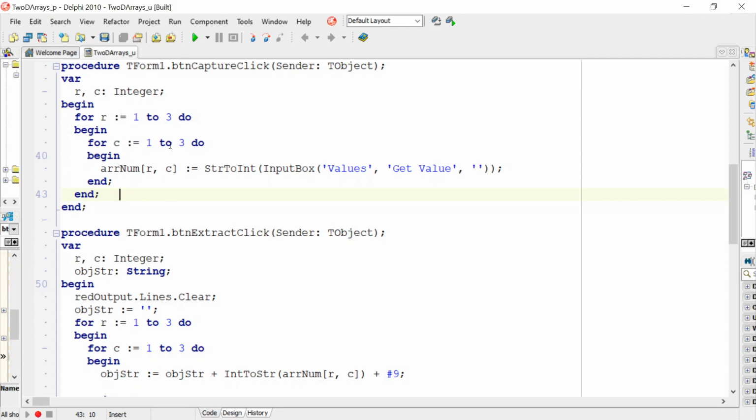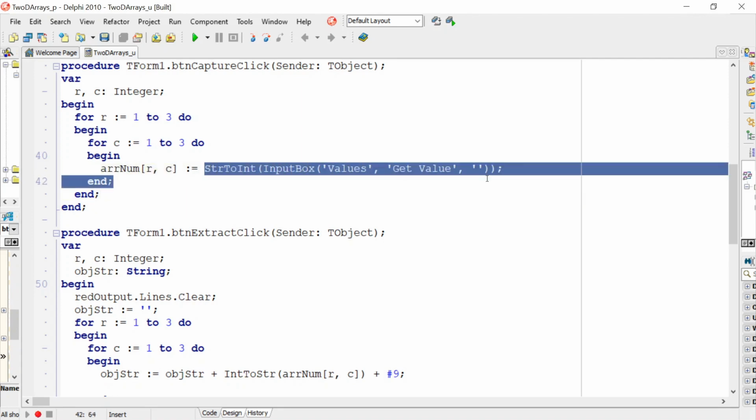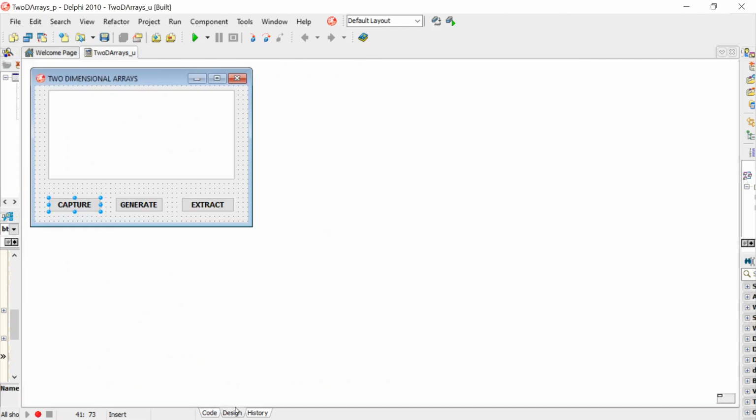C now becomes 2, ARR num of 1, 2. I'm getting another value from an input box. I have to do this until the inner for loop is complete, and then I go back up and my R loop increments. Let's look at the next button where I populate the data, but here I'm randomly generating values